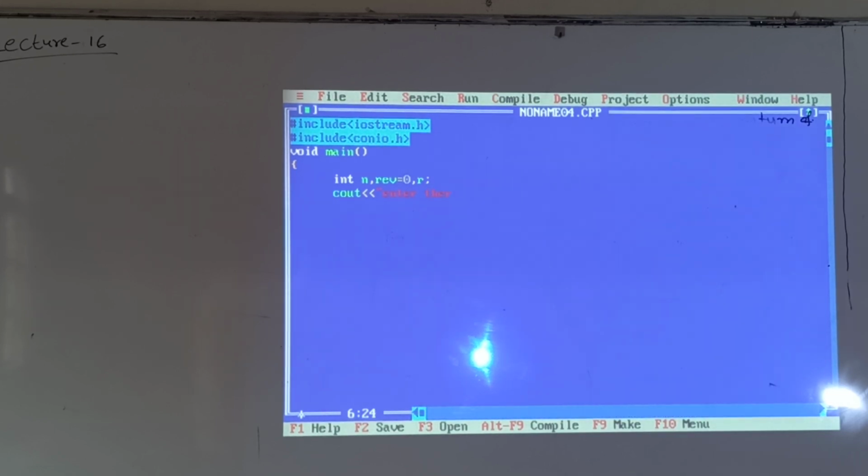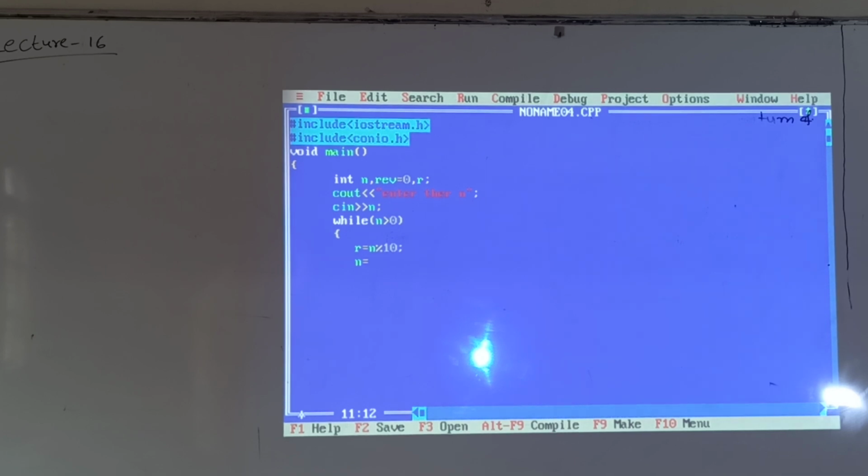Cout enter the n. Cin. While again the same, n is greater than 0. r is equal to n mod 10.